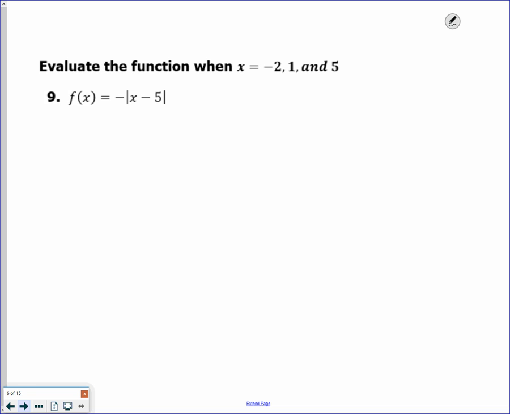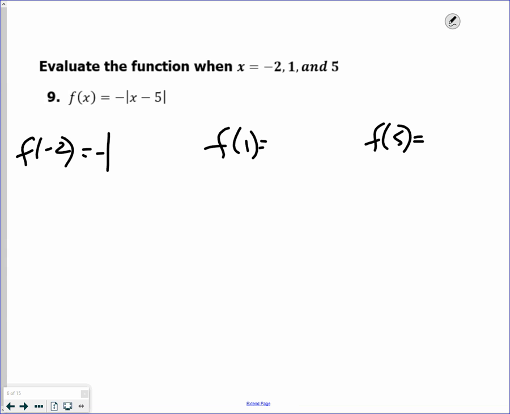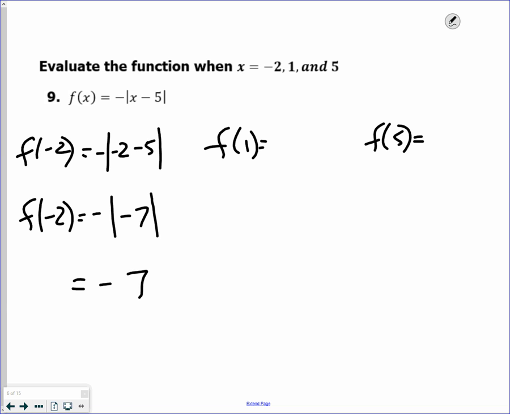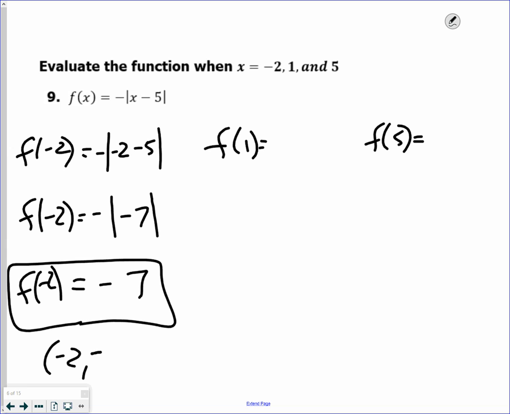Doing this again, this time with an absolute value question. So I need f of -2. I need f of +1 and f of +5. So I'm going to plug -2 in for x. So negative, absolute value of -2 minus 5. Always do what's inside the absolute value first, then take the absolute value. So there's functional notation, or as a point,